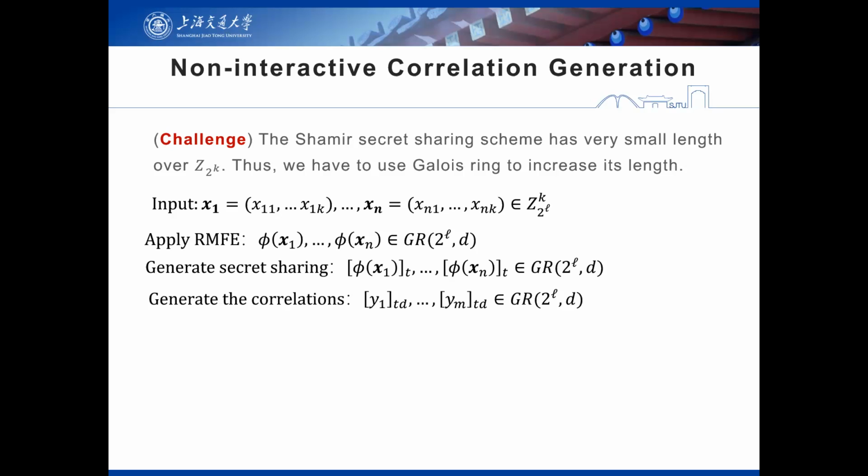Yeah, there are some details. I just omitted some details. Actually, if you look at these degree D polynomials and apply this MFE, it's not an element; I mean, you can map it to every element in this field. Usually, if the adversary is malicious, we need to do some check to see that this map is correctly applied, otherwise the adversary may take advantage of it. Yeah. Okay, so let's thank the speaker again.